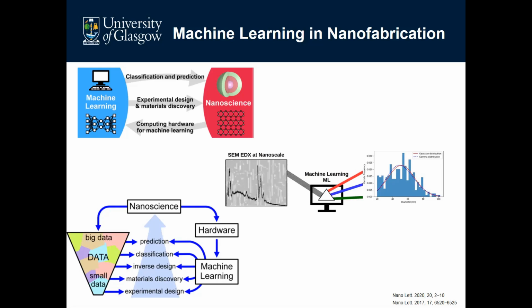So nanofabrication has the potential to benefit by using machine learning algorithms, either to develop new hardware or a new recipe, or to test a hypothesis whether this process will work for a particular device or not. There are many unknowns in the nanofabrication process when you're developing a new recipe. So these ambiguities could be solved by using machine learning algorithms. For example,